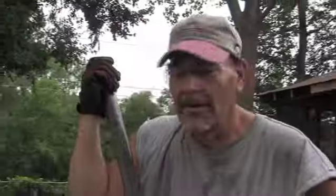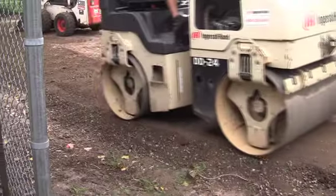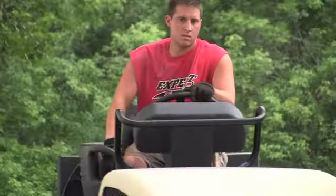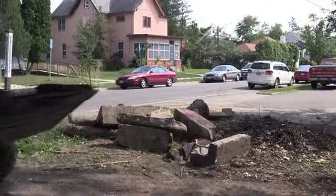Next on the agenda, we're making a path for the kids on tricycles. Building the tricycle track. Yeah, there was an existing ground here. We leveled it out until we hit the tree roots up there, and then brought in 20 ton of class 5 rock and put it in here and built it up for the racetrack. Once the dirt was laid down, and after a few minor tweaks that involved repositioning the track on the other side of the tree,